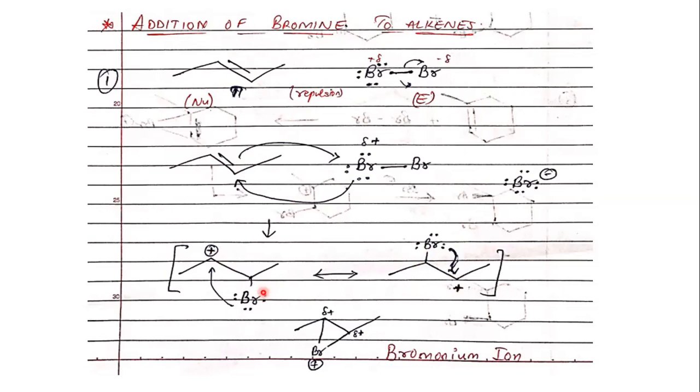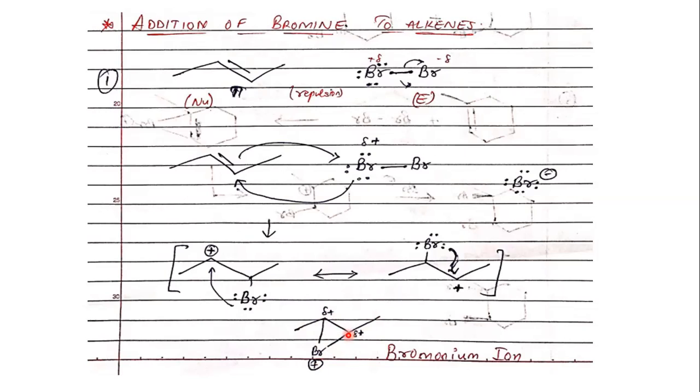So this bromine will not always be on the same carbon. This bromine, being so electronegative, is also attracted to this positive charge and gives you this kind of structure again. This bromine is again attracted to this positive charge and gives you this kind of structure again. So these two structures keep on resonating between each other. They keep on shifting. That is why we eventually draw a structure called a bromonium ion. Bromonium ion means one bromine is shared between those two carbons between which a double bond was present. The bromine obviously will now take a positive charge since all its electrons have been donated for the bond formation, and still the two carbons where the double bond was present will have a partial positive charge.